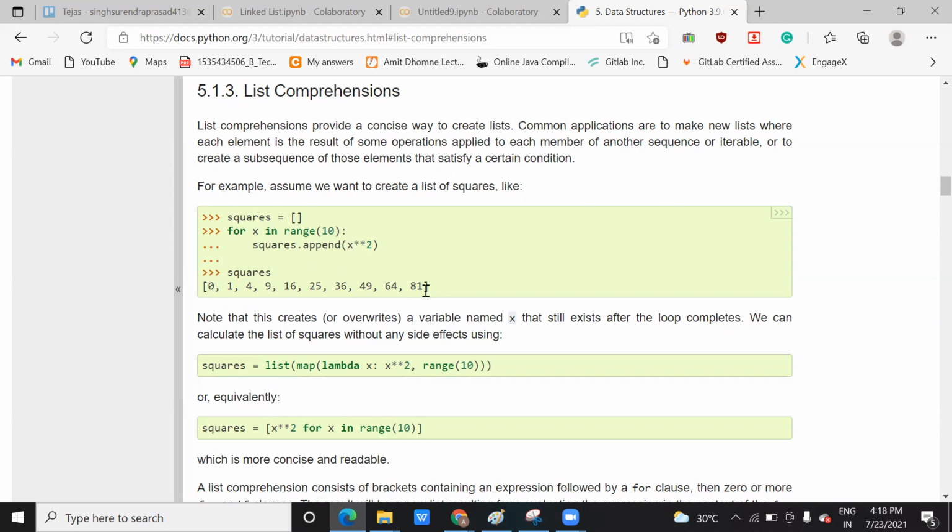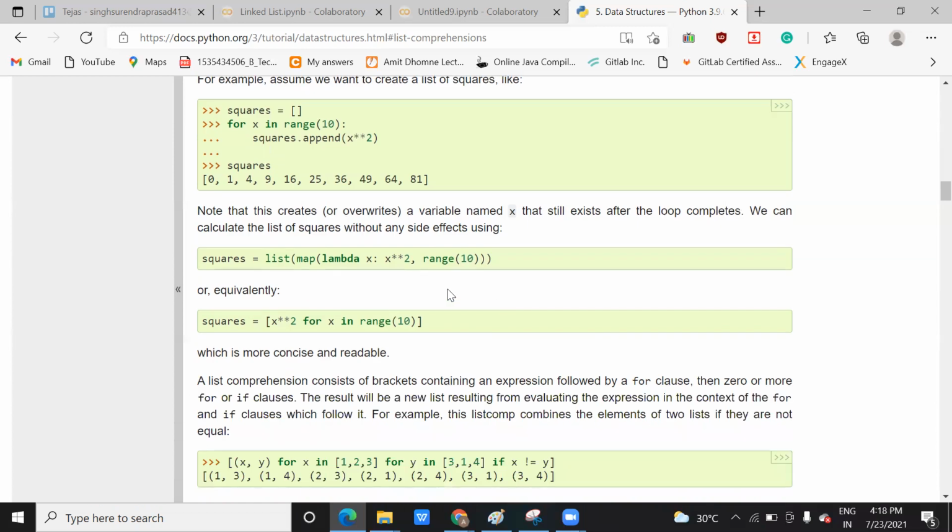The next thing is that you can do the operation with the help of lambda also. As I said, instead of writing 2 or 3 lines of code, you can do the operation on the same list. So how can you do this: list(map(lambda x: x to the power 2, range(10))). Here x is a temporary variable, and for every element x we compute x times x.